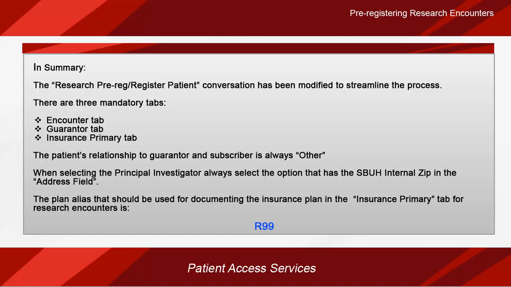In summary, the Research Pre-Reg Register Patient conversation has been modified to streamline the process. There are 3 mandatory tabs: the Encounter tab, the Guarantor tab, and the Insurance Primary tab. The patient's relationship to Guarantor and Subscriber is always Other. When selecting the Principal Investigator, always select the option that has the SBUH internal zip in the address field. The plan alias that should be used for documenting the insurance plan in the Insurance Primary tab in Research Encounters